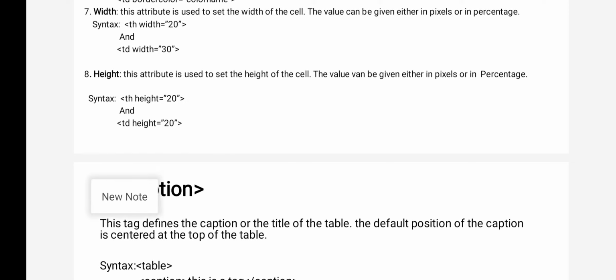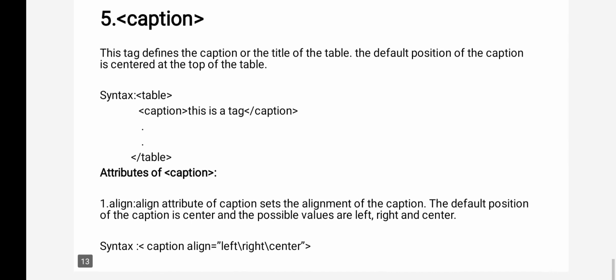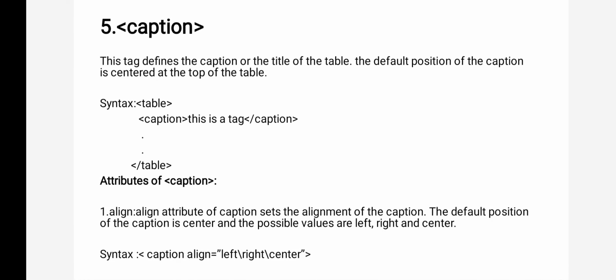Now the next and the last element is caption. Caption means, for example, you are creating a class timetable, so you want to give that heading as a timetable. Whatever heading or title you are giving to a table is called a caption. You can add a caption to a table, and it is written immediately after the table opening tag, and it is applicable for the table in which you have given the caption.